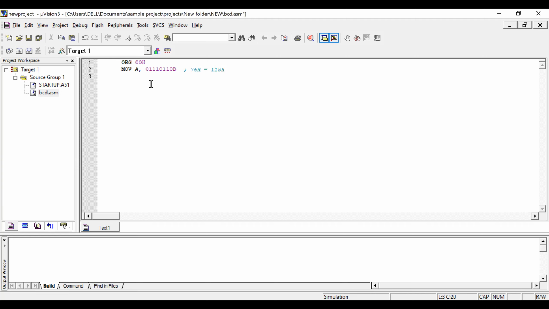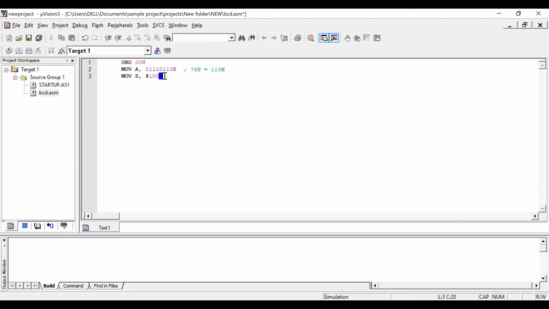Now I have taken the value into one register, and I'm going to use another register, the B register. I'm going to divide the accumulator value by 100, so in the B register I have taken 100.